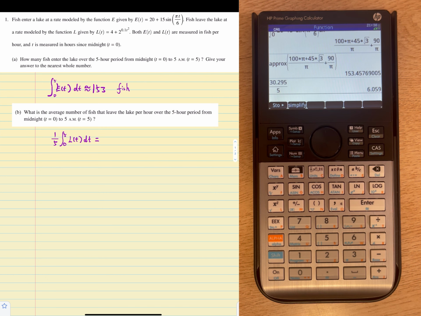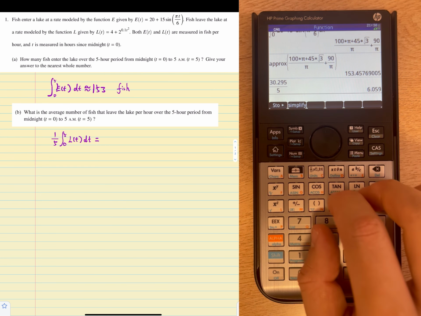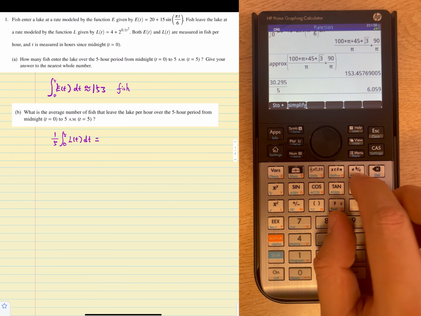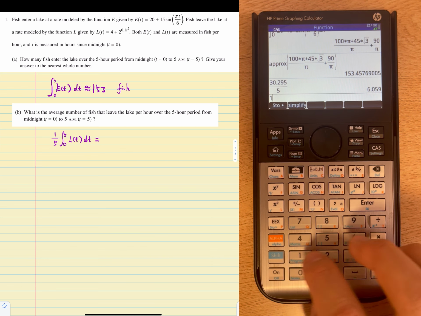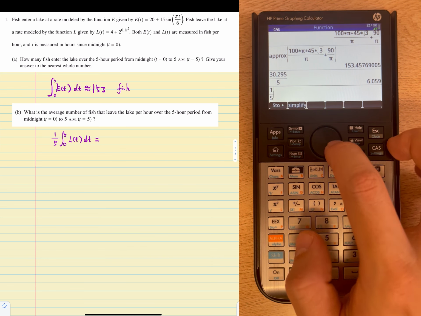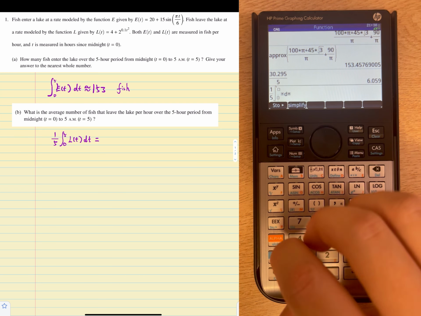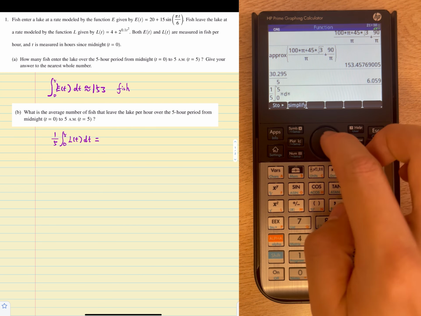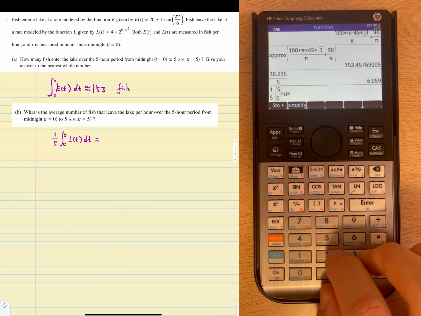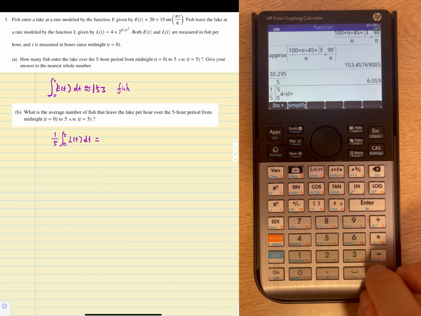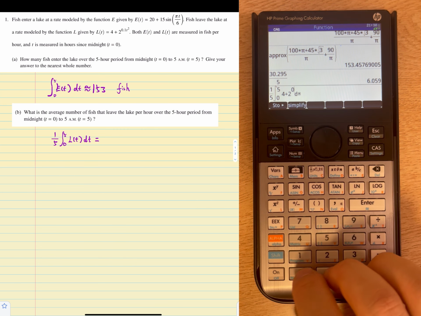6.059. So it didn't tell us to go to the whole number, right? So we can just use this conclusion. And also we can use another way. So the traditional way to do it, we can use the 1/5 and put our integral in here, 0 to 5, and our function is 4 plus 2 to the power of